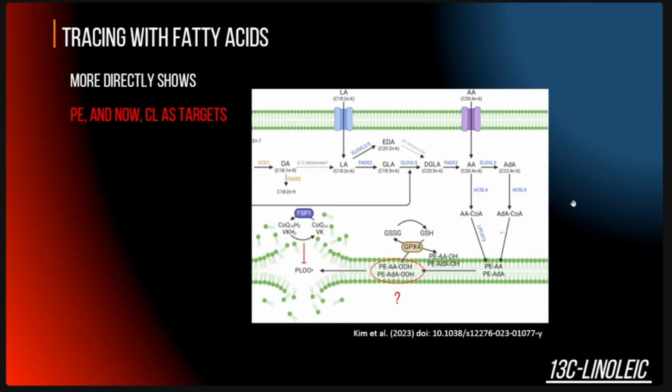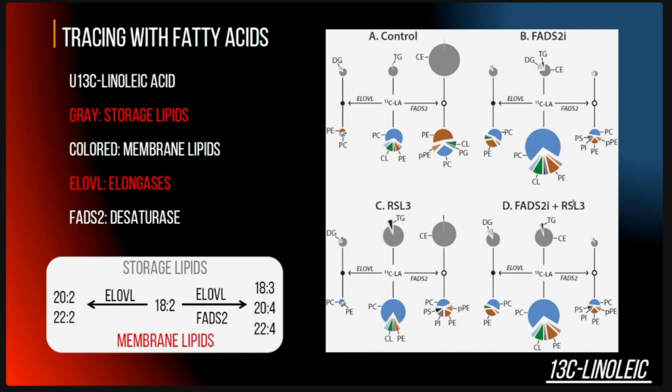The evidence, or the putative evidence, that people believe is that phosphatidylethanolamine species linked to arachidonic acid or adrenic acid get peroxidized, and this causes cell death by ferroptosis. And then we put a little spin on it, also evidencing the role of phosphatidylethanolamine, but now putting cardiolipin as also a probable target of ferroptosis. And I forgot to mention, but this work was performed in glioma cells.